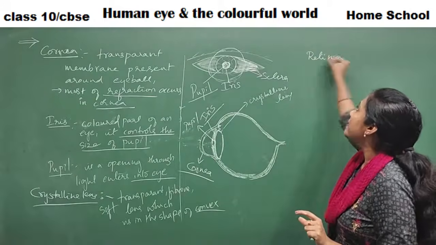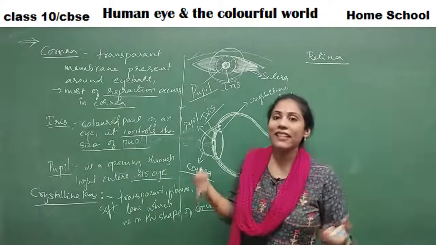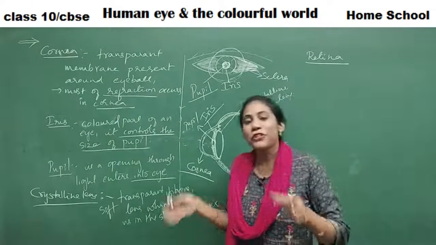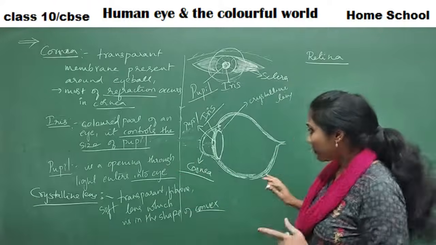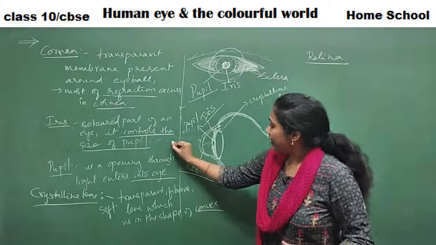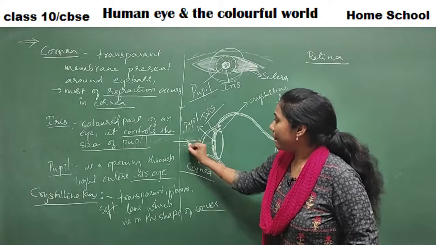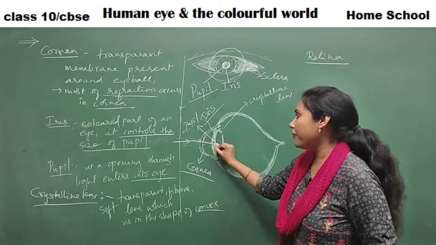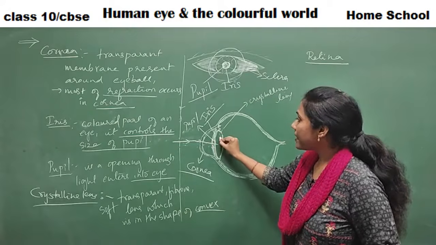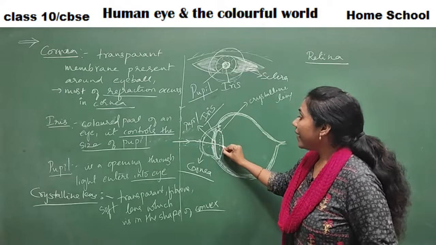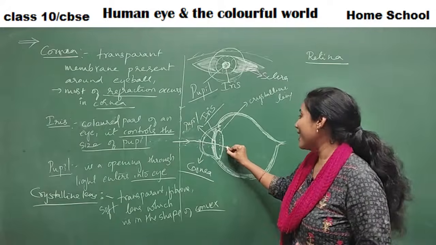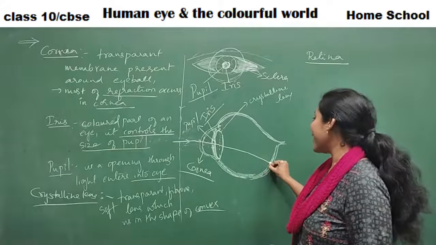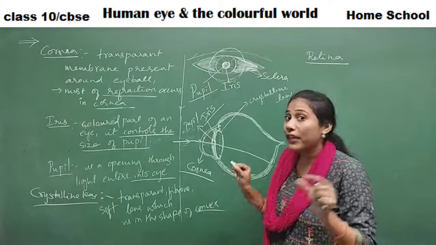You must have heard this: doctor saying the retina is getting damaged. That's the reason you have this disease, that disease, right? So what is this retina? See, these are the light rays coming, and they are entering the cornea. A certain level of refraction occurred, and this is your convex lens, right? And the moment light rays have passed and again a refraction occurs, after refraction, the rays should meet at one point to get the image, right?